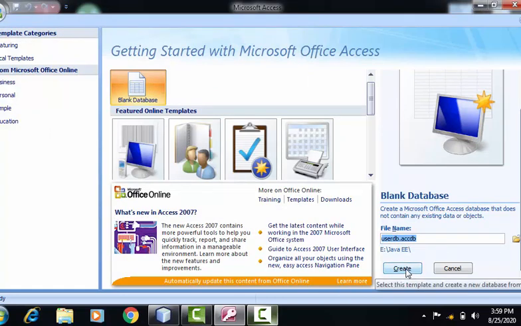And I'll say create. So here, as I'm using Microsoft Office Access 2007, the extension my database is getting is .accdb. I'm clicking on create.